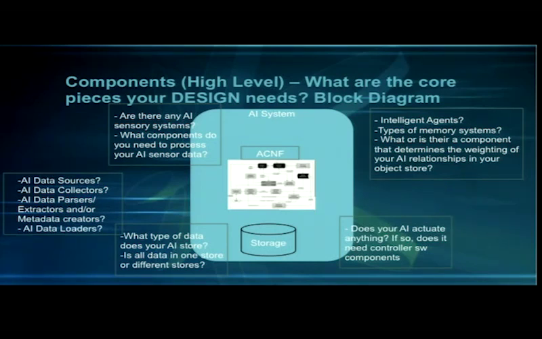What component, or what set of components, are you going to use to help you determine the weighting of your relationships? So you're going to have a data store of some kind, but now you're going to start deciding. I think I gave this example last week, but I'm going to do it again. If I run a query from Google, I put a set of words in there. Some of those words are important because they tie the other words together, and the words that are the actual topic of what I'm looking for may be more important than the others. So if I took that,